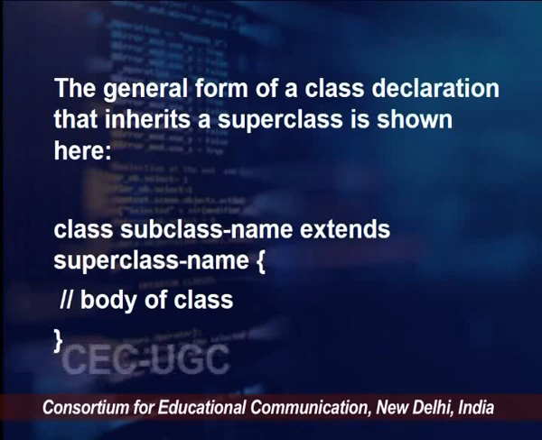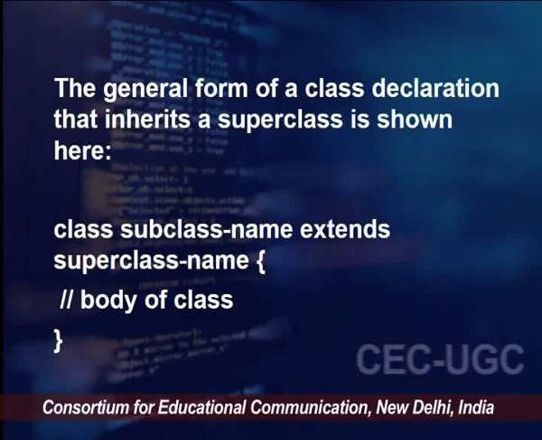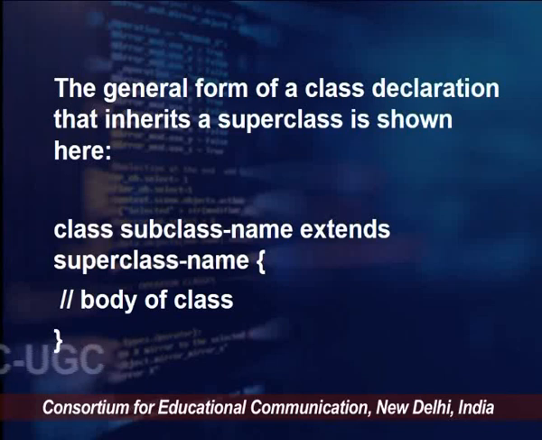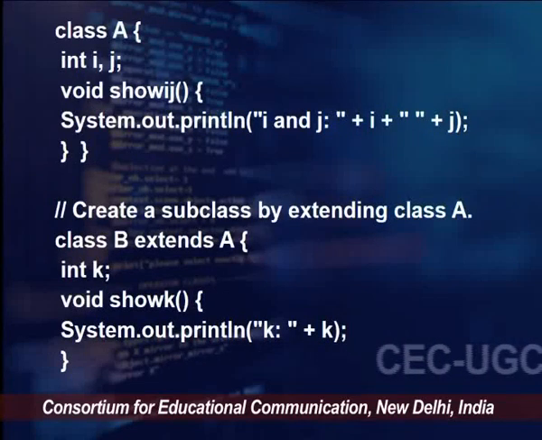So vehicle here will be the superclass and the subclass will be the car, and then there will be the body of the class which is going to belong to the class car. Now let us see this with the help of a complete example, that how it is going to work in